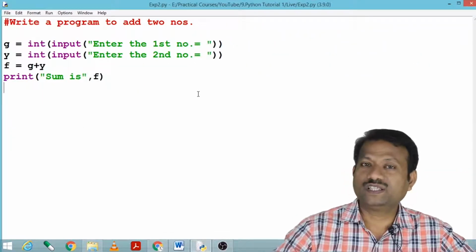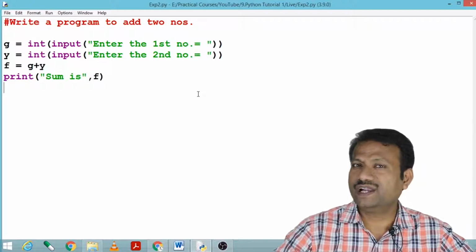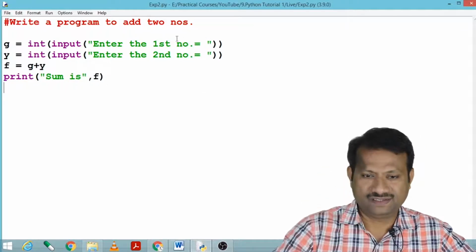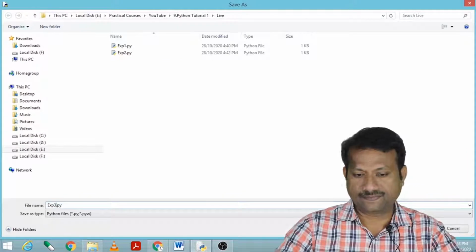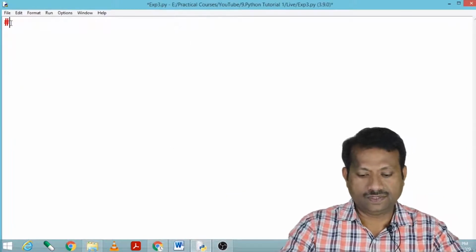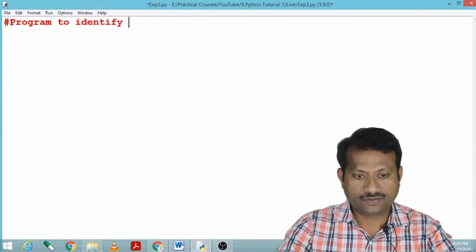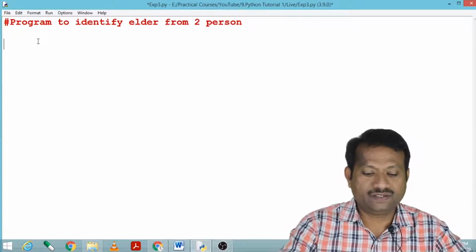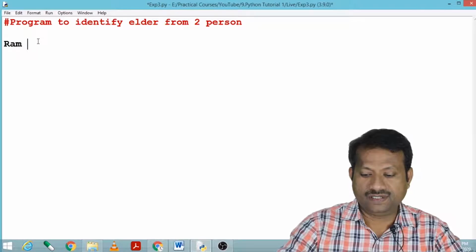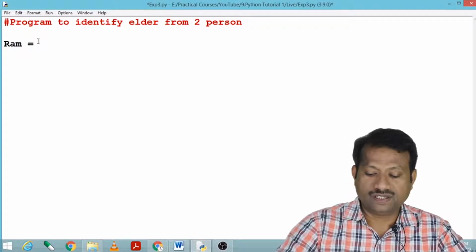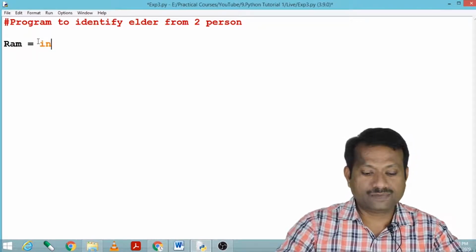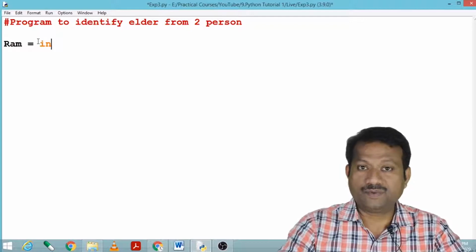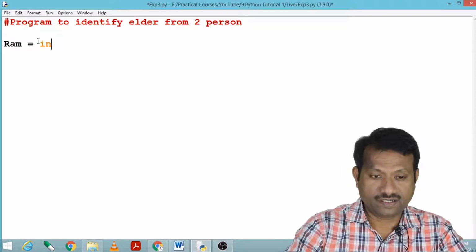Now let us write another program to identify the elder of two persons. Here again, let us say Ram is the first person. Enter the age of Ram, so I am using the input function here.